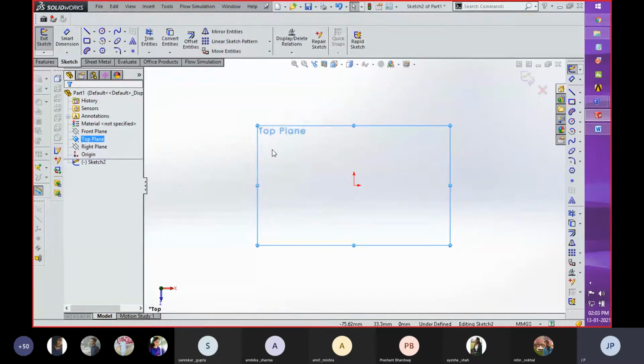So for selecting any 2D sketch tool, there are three ways. First of all, you can select any toolbar. This is line command. So for selecting this line command, what you have to do, you can directly click on this ribbon, or you can click from this side toolbar, or you can directly right click your mouse and then drag. So with the help of this, you can select the line toolbar.